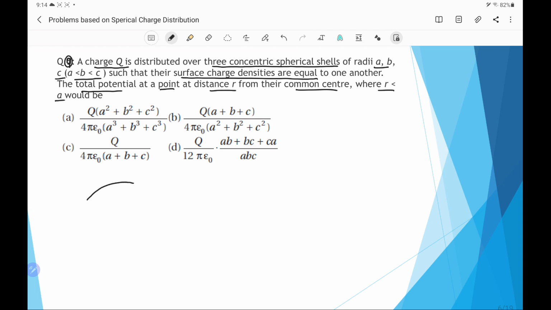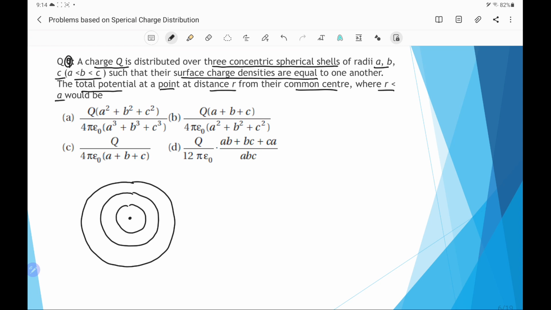Again we draw the figure of the 3 concentric shells. This is the shell 1, this is another shell, and this is the innermost shell, and common center is say O. Radius of innermost is A, then B, and outermost is C. It is given that A is less than B less than C. Also it is given that total charge Q is distributed over these 3 spherical shells so that their surface charge density is same. Suppose sigma is the